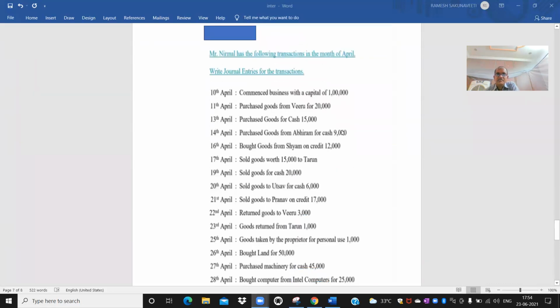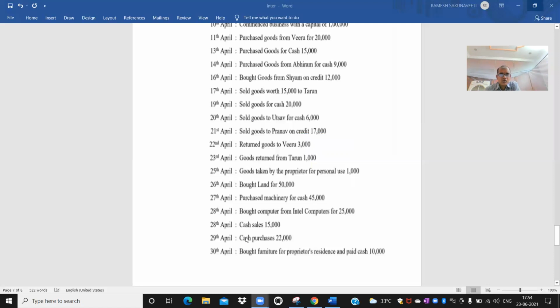I mentioned, no, sales is always credit, purchases is always debit, capital credit, drawings debit, sales returns always debit, purchases returns always credit. In the cash sales, clearly only two accounts are there, cash account, sales account. Similarly, in the next one also, only two accounts, cash account, purchases account. Purchases is always debit, purchase account data, cash account. Yes. Next one, what is the journal entry?